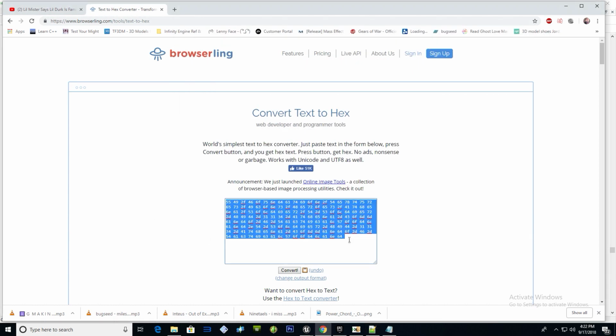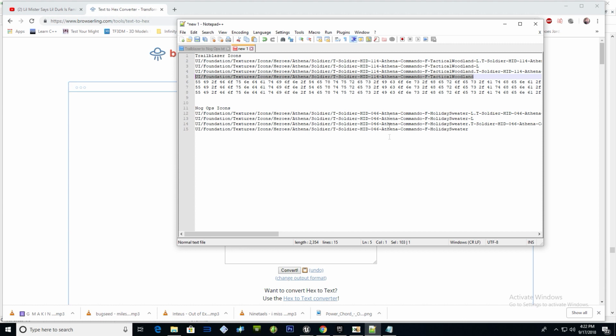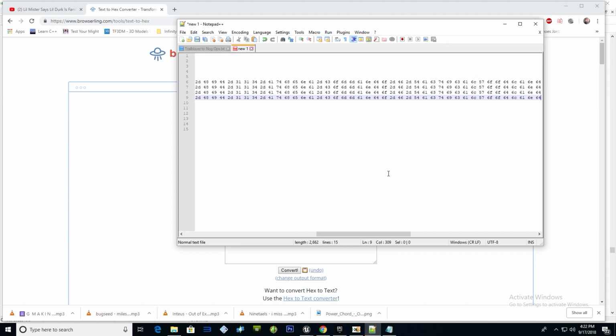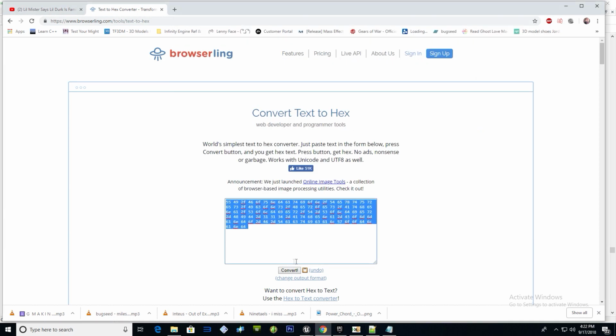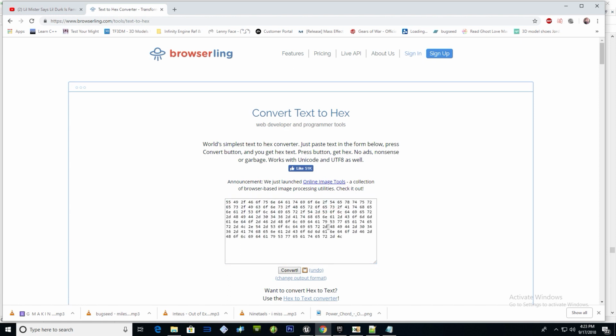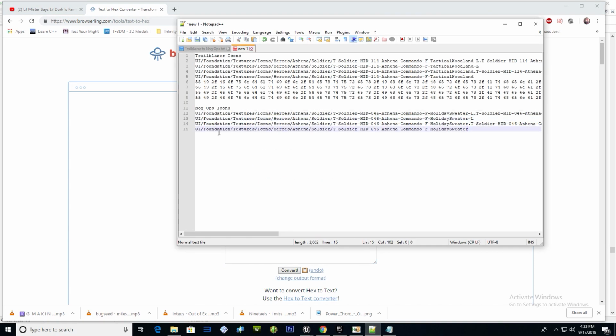So we're gonna do the same thing with the other codes. It's just more or less copy and paste and getting the codes for each line. I know that's pretty daunting and tedious, but this is how we do it. I'm just showing you guys how to do this yourselves so you can be self-sufficient. I'm going to do the same thing for the NogOps. Control A, and then we'll hit backspace once so there's no 0A there, so I can be lazy. And I'm going to paste that at the bottom